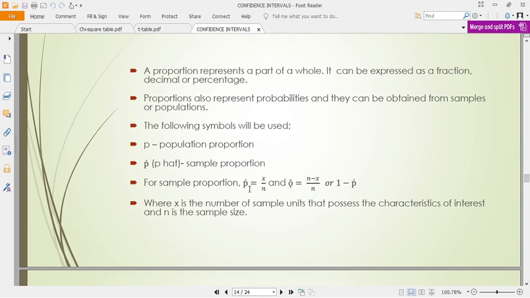Therefore, if this is our sample proportion, then the opposite of that, Q, will be, and remember we said that a proportion is just a part of a whole, so it is a decimal, fraction or percentage, meaning if the entire sample is 1 or 100, what doesn't possess, or our Q, will be 1 minus P,